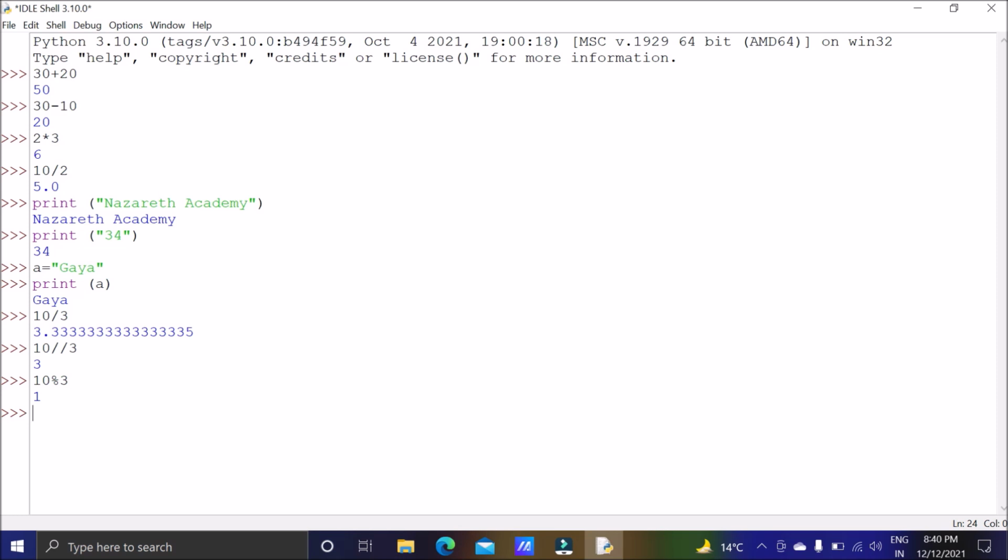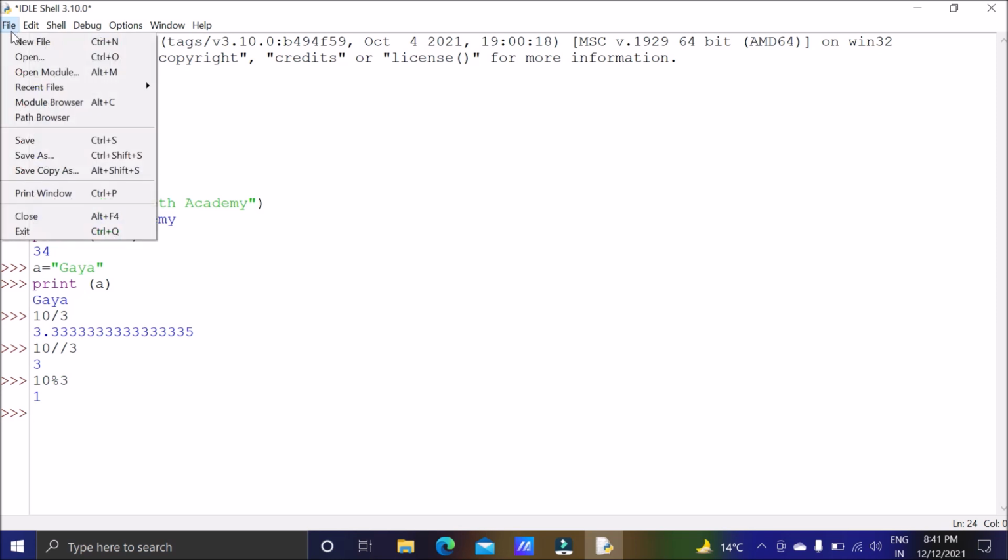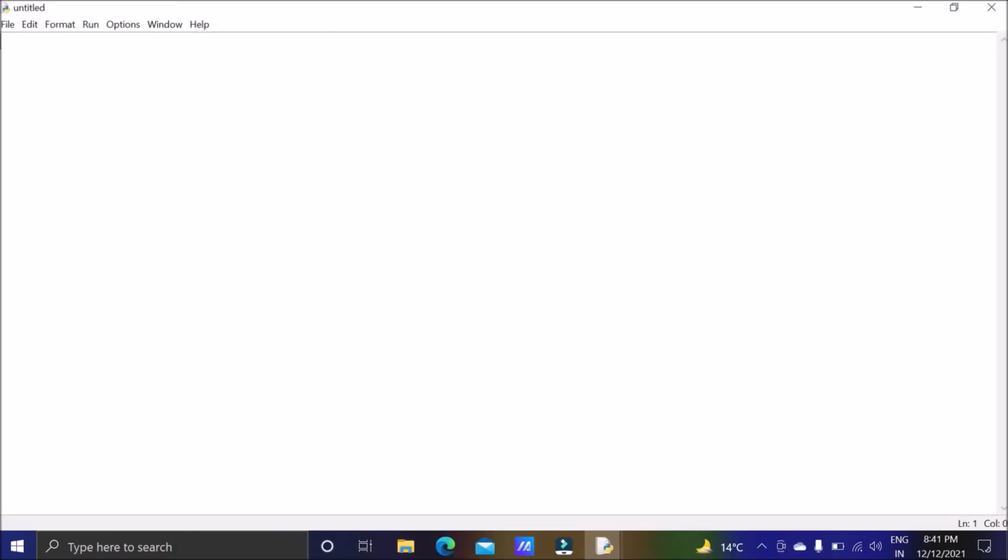Okay. Now we are going to change the mode. Right now we are working in interactive mode, but now I will change the mode and open the script mode. For opening the script mode, I have to create a file. So I will click on file and then select new file. So now the mode in which I am working is the script mode.